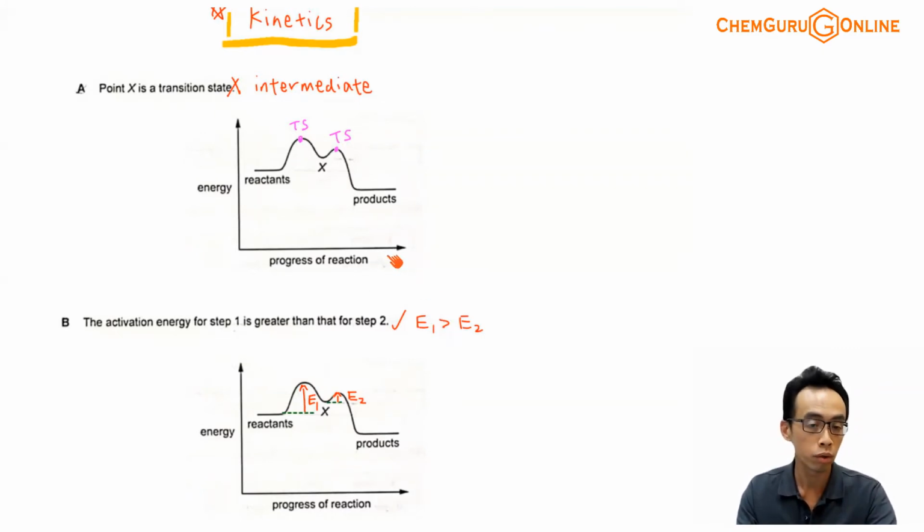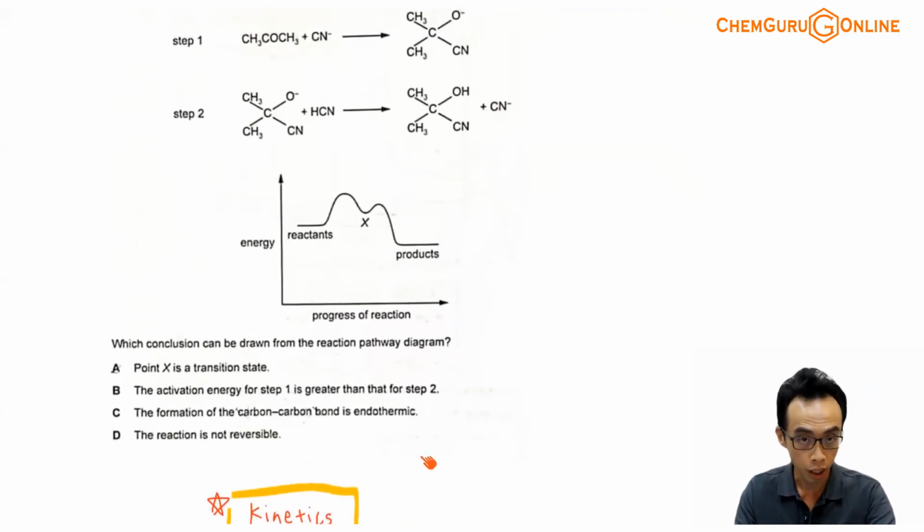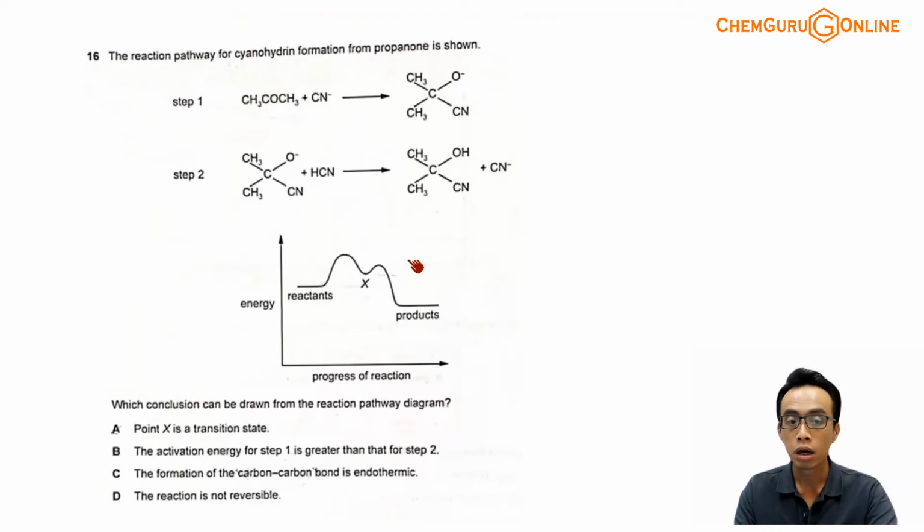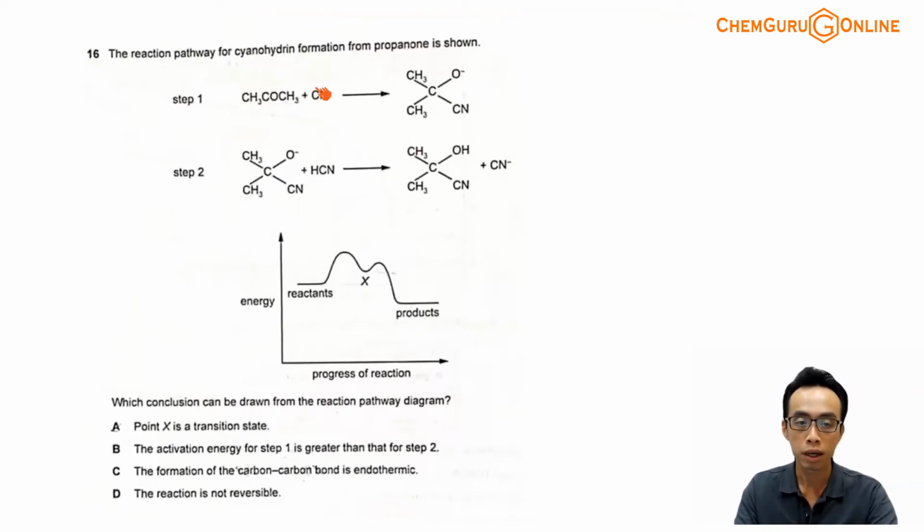And if let's say we want to recap this idea, coming back to this mechanism, because we have some idea or some concept involving this mechanism. Now under nucleophilic addition of carbonyl compound, this step where the CN- attacks your carbonyl carbon and subsequently the C double bond O opens up and you form this intermediate, that step is considered the slow step. So this one again, we are using concepts in organic chem.